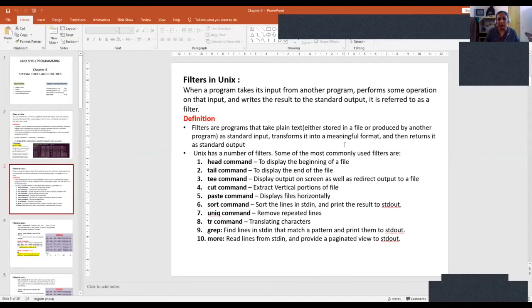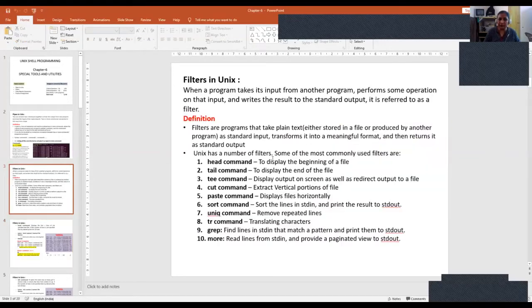So that format is extracted from a huge database. When I say student database, it's not only your marks, your father's name, your mother's name, your address, your phone number, your email, everything is recorded. But those are not required. What exactly is required is nothing but a meaningful format. So how can we achieve this, whatever data is required, essential data which we want to display on the screen? How do we achieve this?